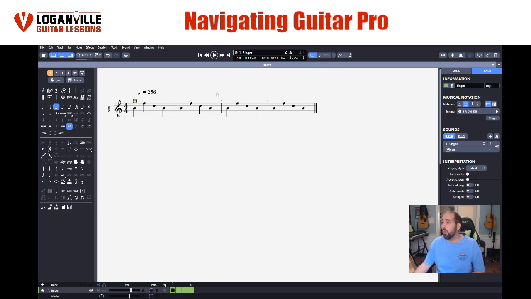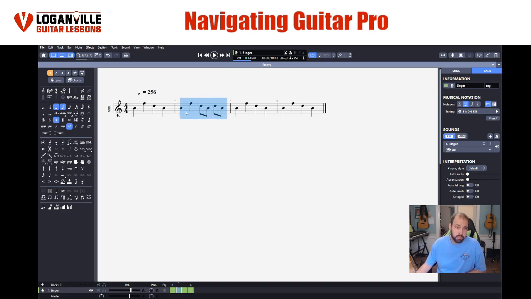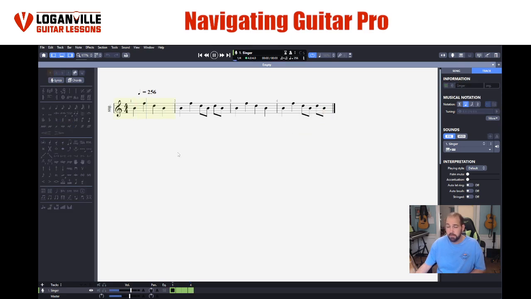Okay, so one of the things is, let's kind of change things up for a minute, just to make things slightly more interesting. I'm going to select these 2 guys here and turn them into 1/8 notes. Instead of retyping something out, I can also right click it, copy, Control V, and there you go. Maybe I want to add some variation to this, so I'm going to copy all that. I'm going to highlight this area, right click, and paste. And now I've got